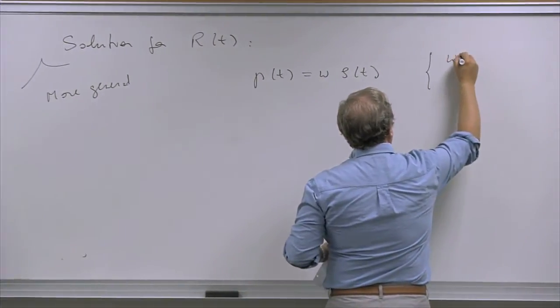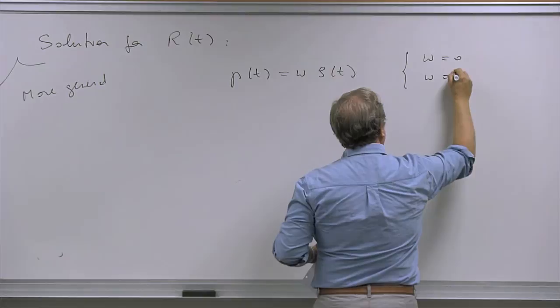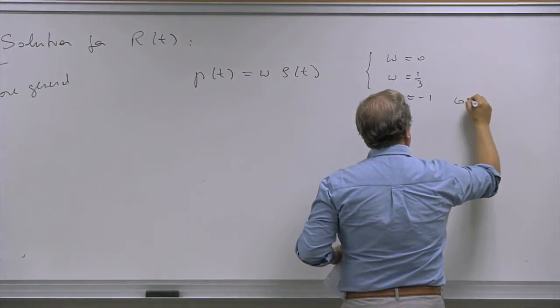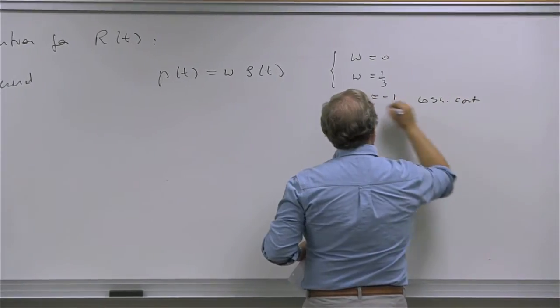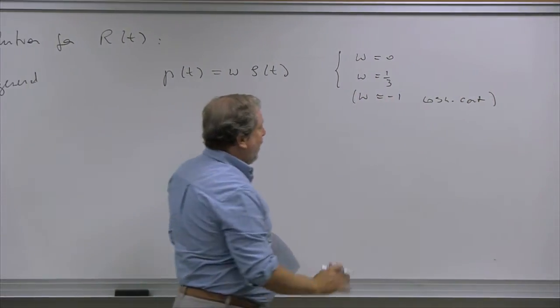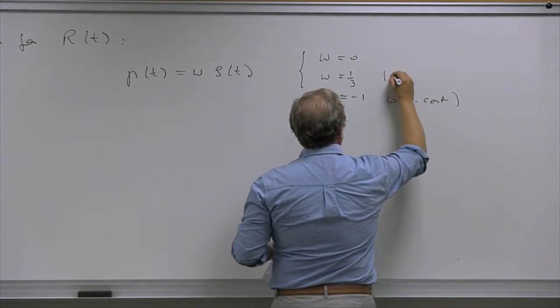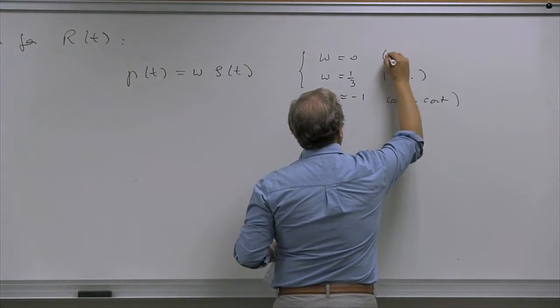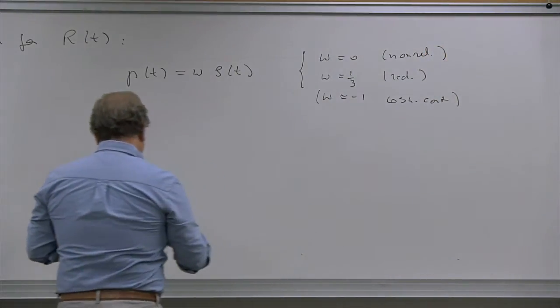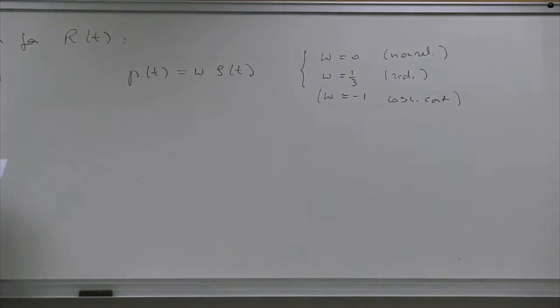And so we'll have W equal to 0, W equal to 1/3, and W equal to -1 for the cosmological constant, right? Which is not a case that we need to fit into this category because we can analyze that separately very easily. But this would be radiation, and this would be non-relativistic matter, right? So if we do that, then we have that